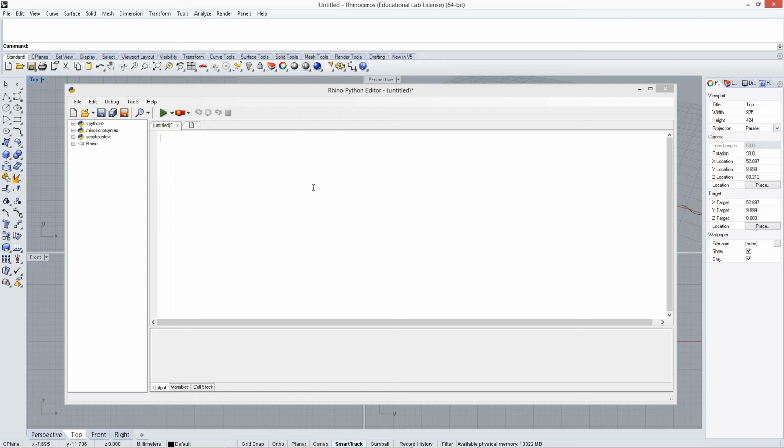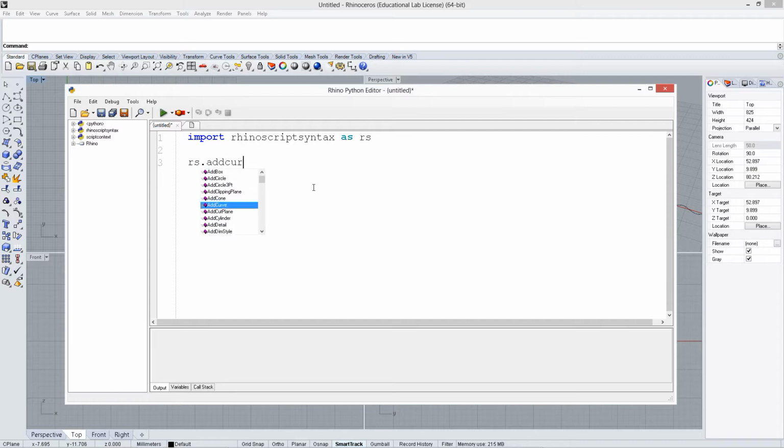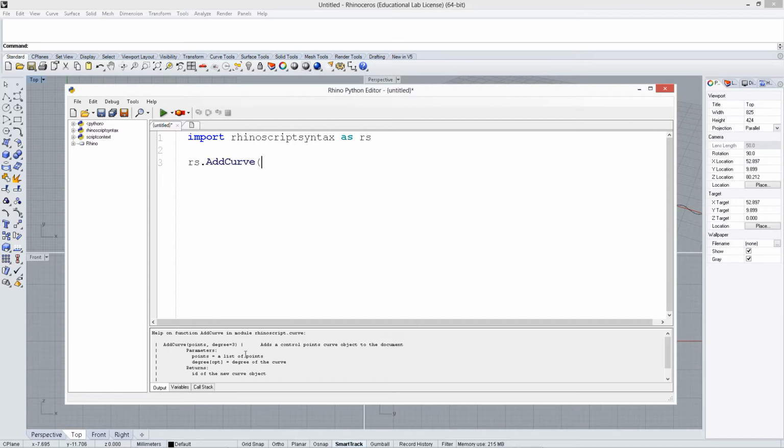In this video we're going to take a look at the RhinoScript function AddCurve. So first let's import the RhinoScript syntax as rs and look at AddCurve. Now when we open parentheses we see there's some help down at the bottom, points and degree, where the default is 3. We can see that points is a list of points, and that degree is a number and it's